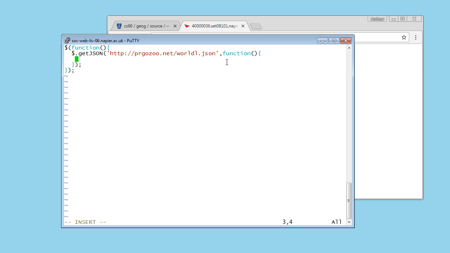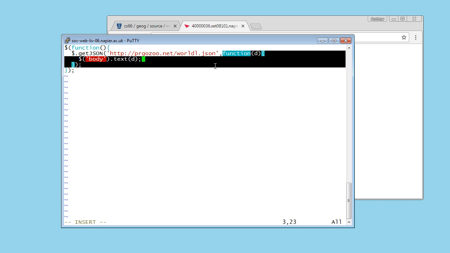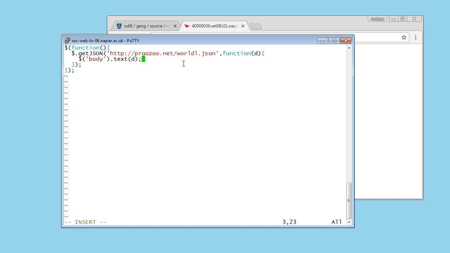Okay, so once we've loaded that, let's take a look, see if we've got any data. Body dot text is going to be D. And D is the data that I get back. So this is an AJAX request, goes off to that server, gets the data. When it's got the data, that's returned in D, and this is the success function. So this is the function that's called assuming that worked. And I'm just setting the text of the body to see what the data is, just to see if that worked. So when I reload,